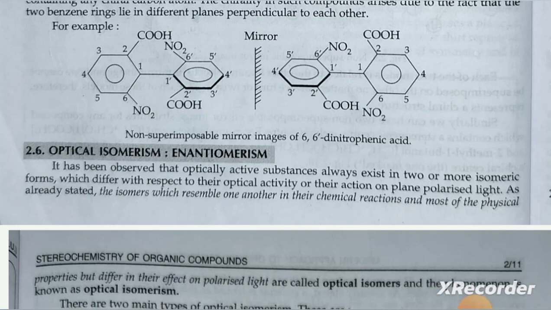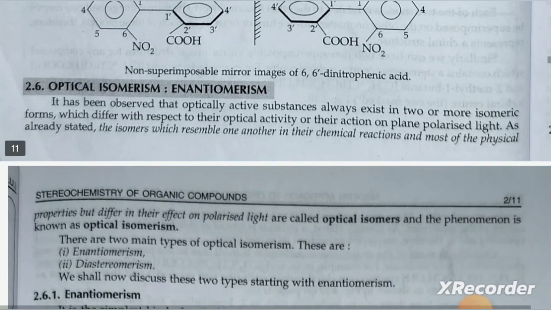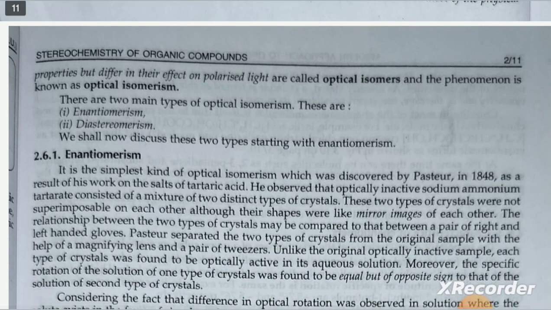Optical isomerism and enantiomerism. It has been observed that optically active substances always exist in two or more isomeric forms which differ with respect to their optical activity or their reaction on plane polarized light. As already stated, the isomers which resemble one another in their classical chemical reactions and most of the physical properties but differ in their effect on polarized light are called optical isomers, and the phenomenon is known as optical